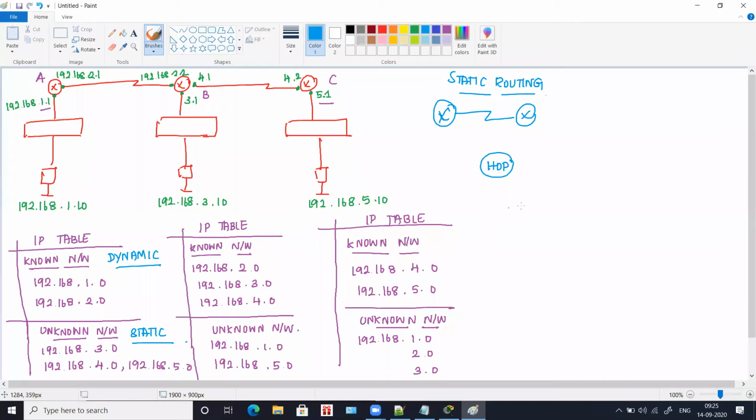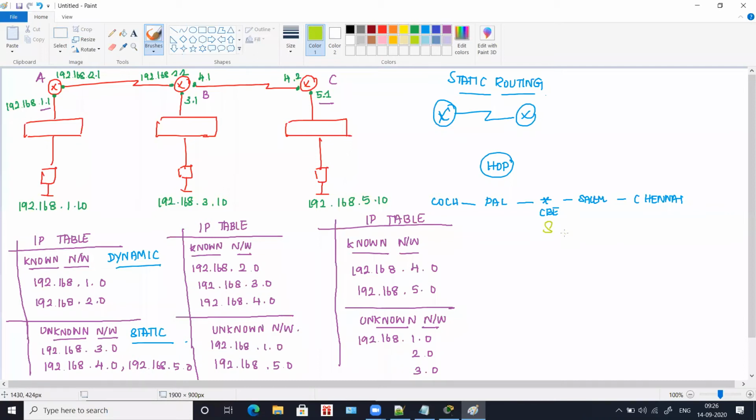For a real-time example, say you are in Coimbatore. From Coimbatore, if you wanted to go to Cochin, you go through Palakkad. And if you wanted to go to Chennai, you go through Salem. So the source is here.